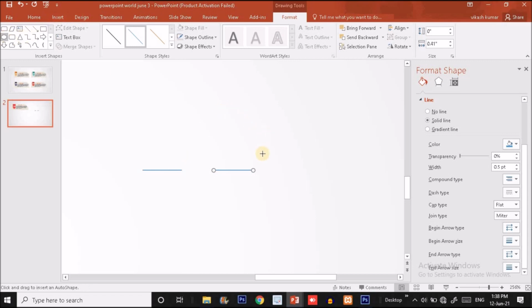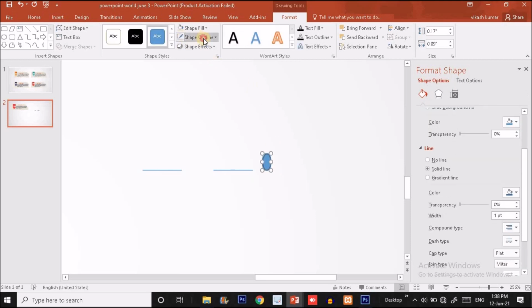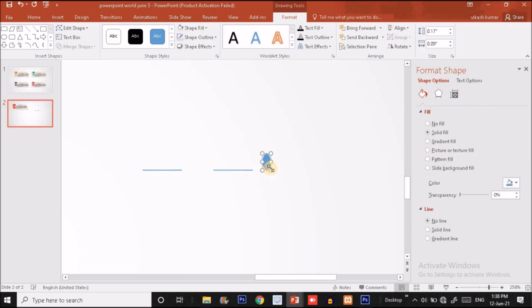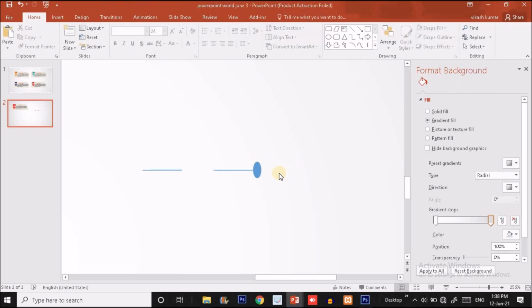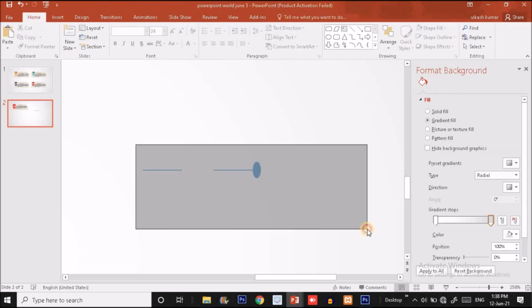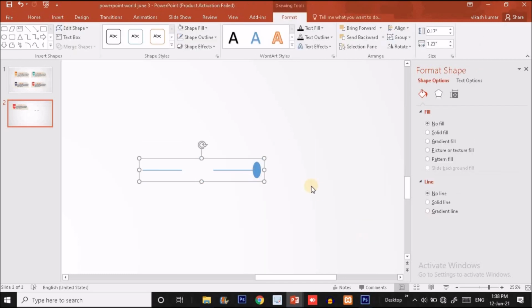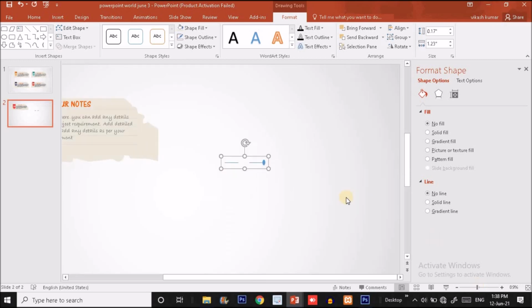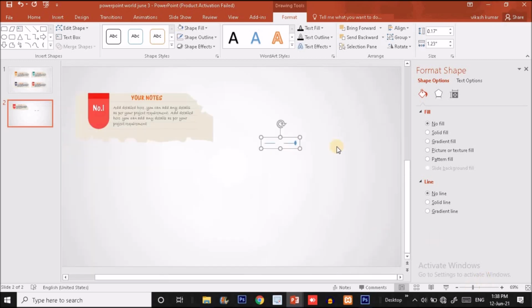Again, I'm going to choose a circle and make it no outline like this. Put it over here. Now I will press Ctrl G to make a single group, and now zoom out.